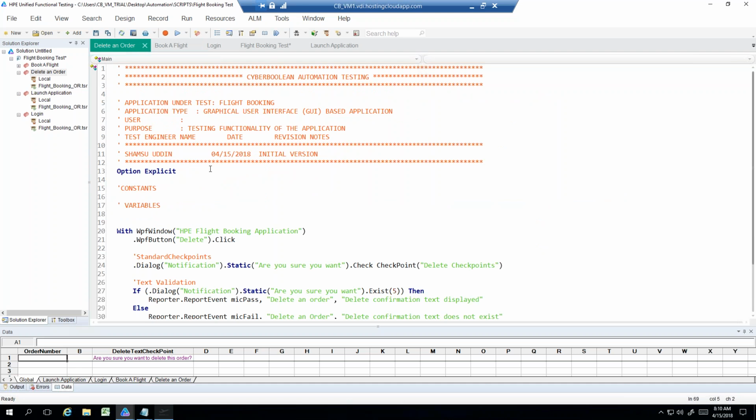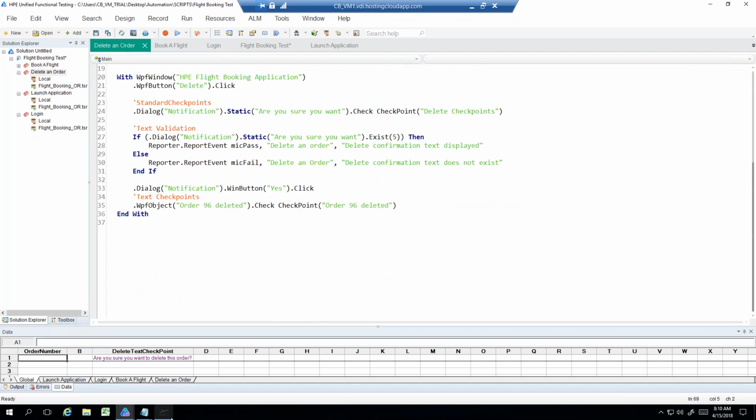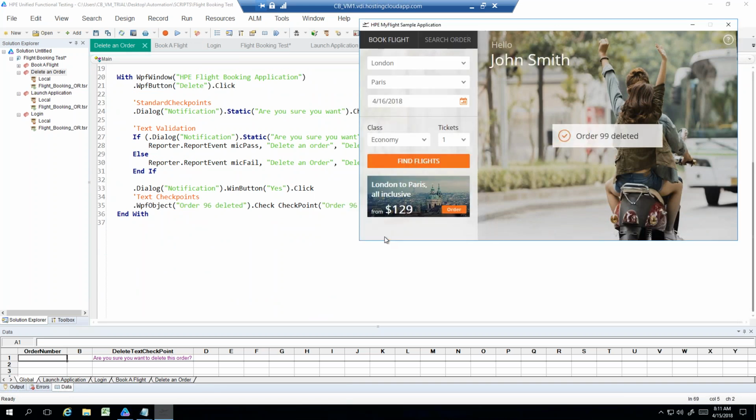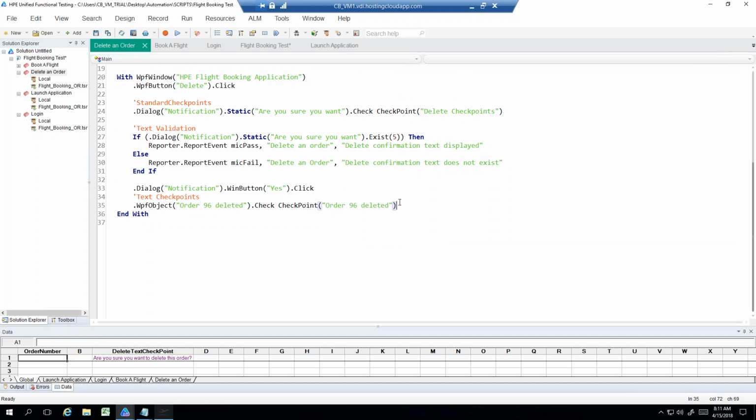Now we're going to our delete order. So we know we deleted. Once we deleted, we get this text and we can say yes. And after this, we want to click on search order and make sure the order got deleted from the database. We want to verify. So let's add those